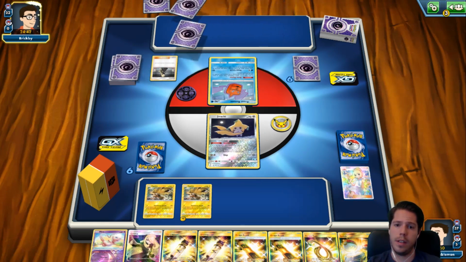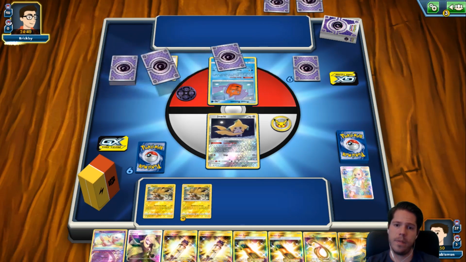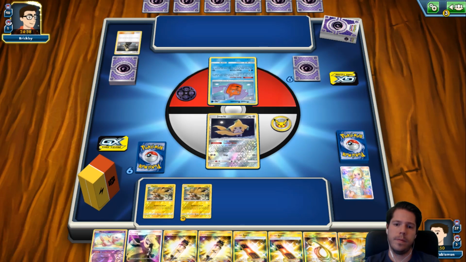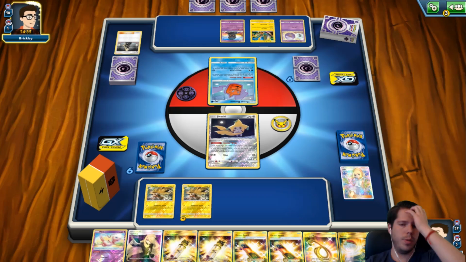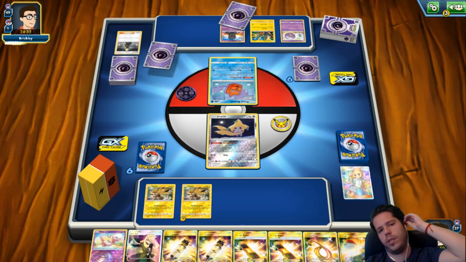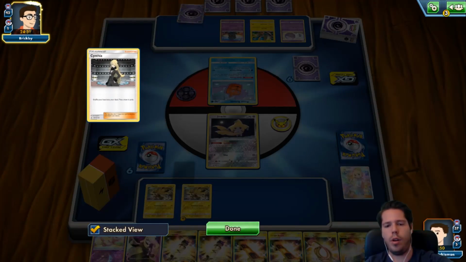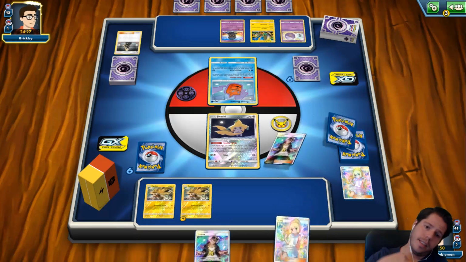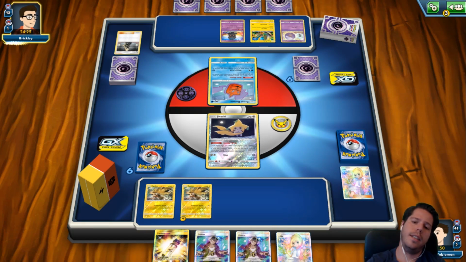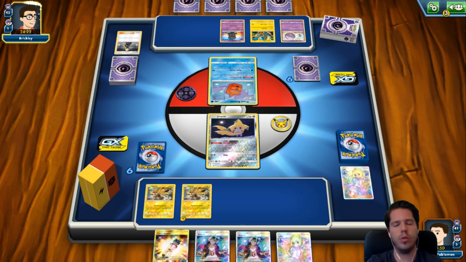And then we see the Cynthia. Into Wheezing, into Coco, into Let Loose. Just straight up raw Let Loose against us. Okay. That works, I guess. We do find a Guzma, which is nice, and my opponent doesn't bench another